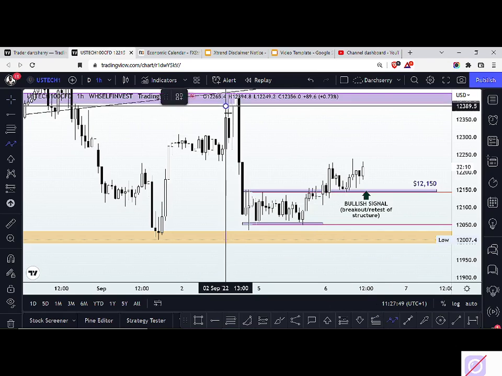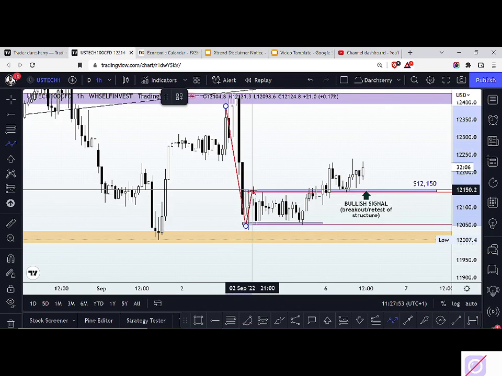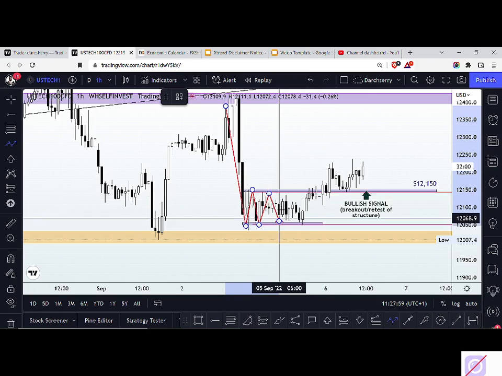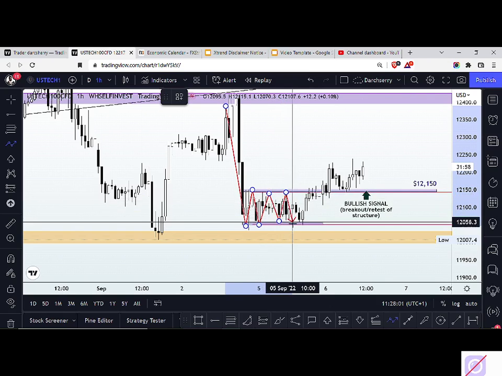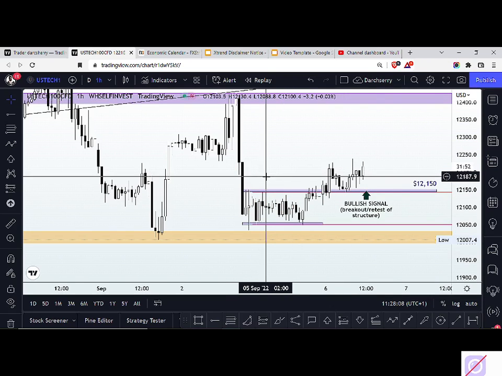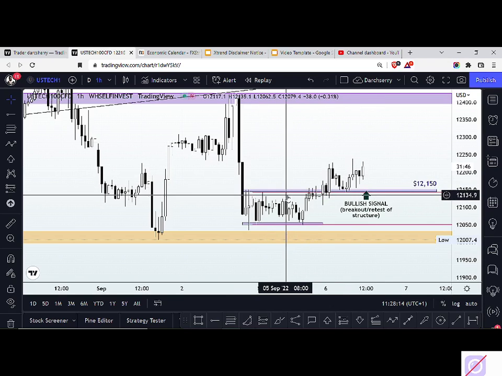Remember, we had this impulsive move to the downside, after which we saw price consolidate between the $12,150 level and the $12,050 area. So we have seen price consolidated within this area since the beginning of the week, giving us a clue into the indecision in the market, and at the same time forming a technical pattern in the form of a bearish momentum. However, if we look at it from a theoretical perspective, when we see a bearish rectangular